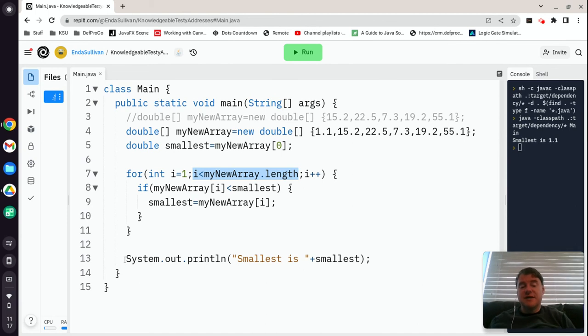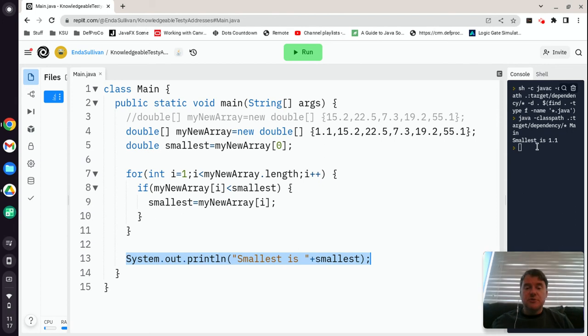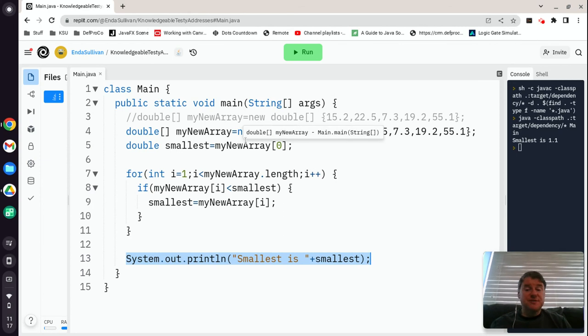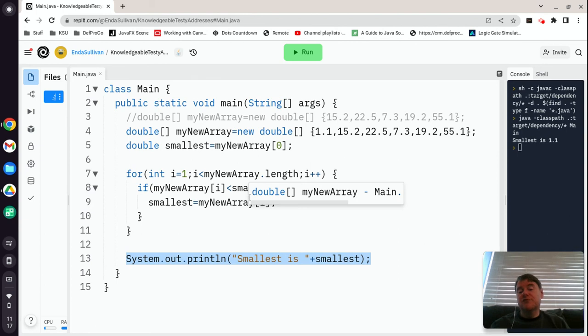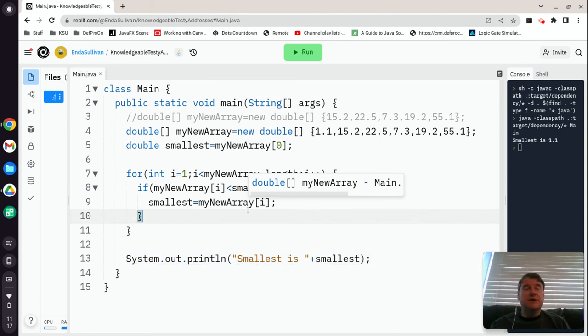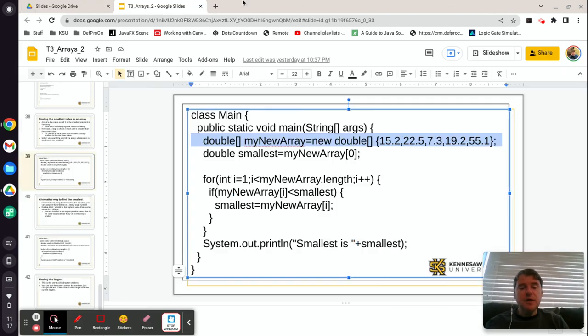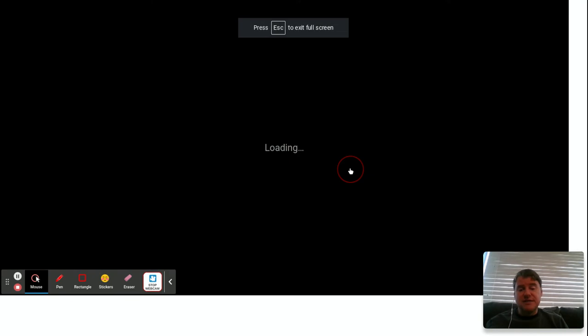And when the loop ended, it printed out the smallest value is smallest, and it printed out my smallest is 1.1. So this is one of the ways in which you can find the smallest value in an array. You make an assumption that whatever's in the first cell is the answer, and then you work your way through the cells to prove yourself wrong. If any of them are wrong, if any of them are smaller, then you replace the smallest with that one new value. All right, and so the code for that is right here on the slides,